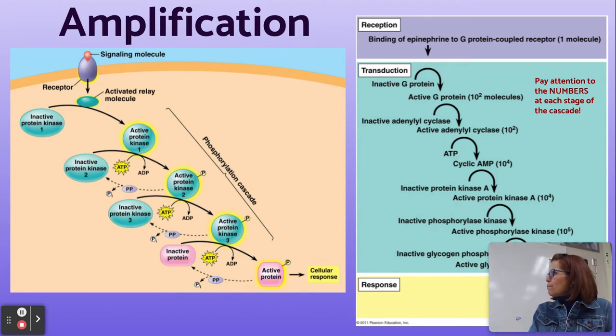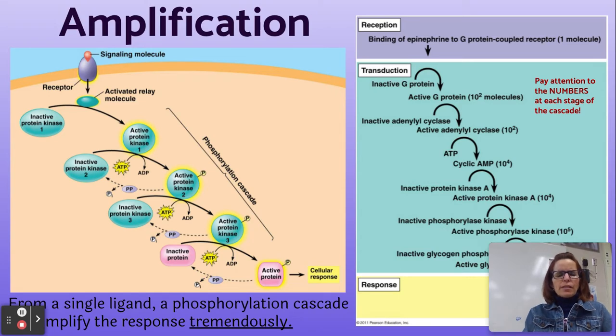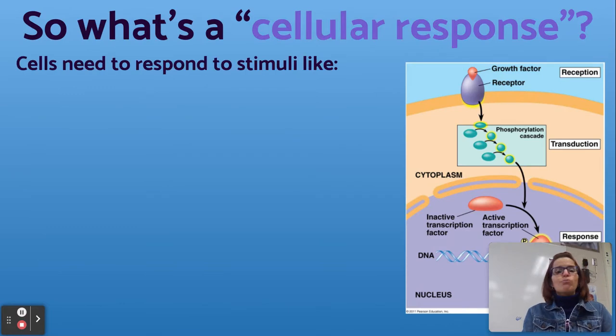And what's happening in the phosphorylation cascades is amplification, where we're going from one tiny little message that arrived in the ligand. It's one tiny message. And by the time you get done, you have a million messages that have all been sent. So it allows cells to respond incredibly fast. One message, whoosh, and we've suddenly inundated the cell with this particular message. So from a single ligand, a phosphorylation cascade can amplify the response tremendously. I wrote tremendously.